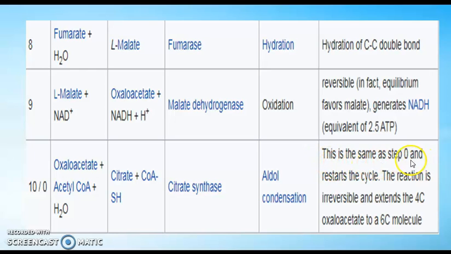This is the same step as step 0 which we mentioned earlier, and it restarts the cycle. The reaction is irreversible and it extends the 4-carbon oxaloacetate to a 6-carbon molecule. So these are the important steps in the Krebs cycle. In the next class, we can discuss the regulation and different